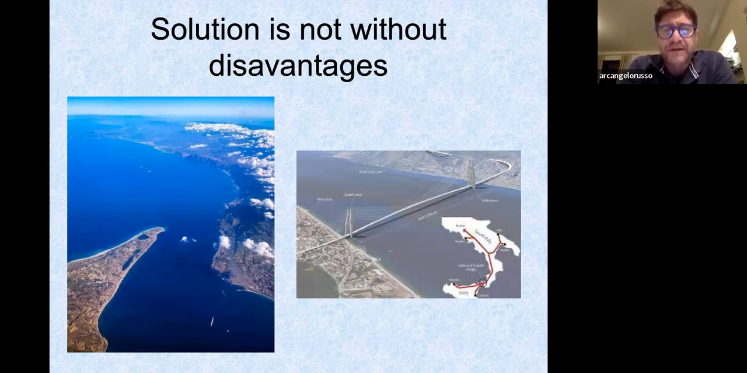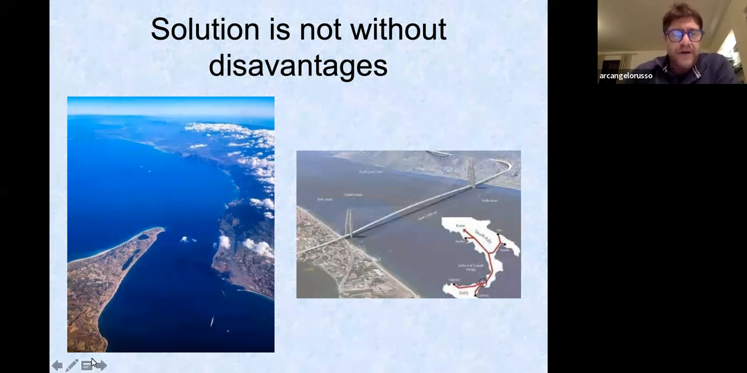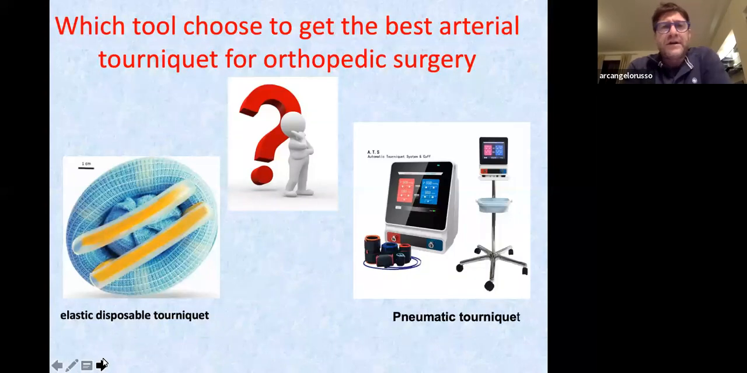Maybe for the bird that cannot fly well, maybe for the fish that don't swim inside the sea very well. I don't know, but everybody knows that the bridge is a solution, because people from Sicily can get to the north of Italy more easily. So everything has disadvantages, and we are going to talk about which